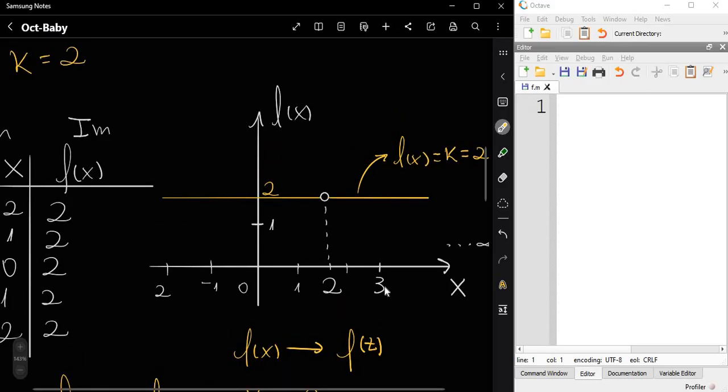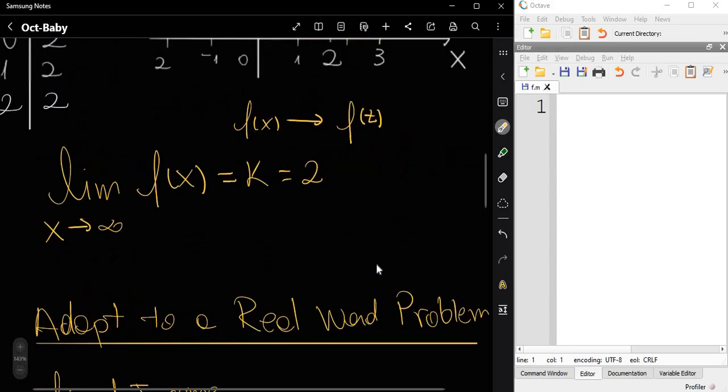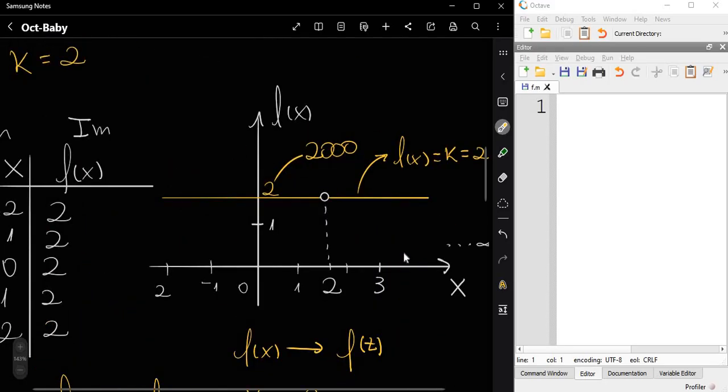So right here, let's say for example, instead of 2, we have 2000, and let's say this is 2000 reais, because we are in Brazil.